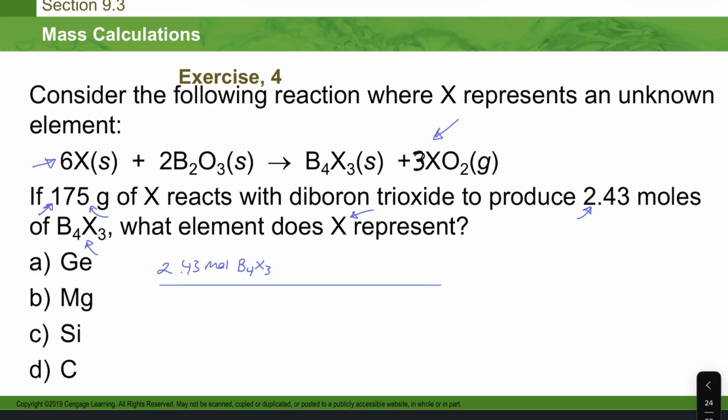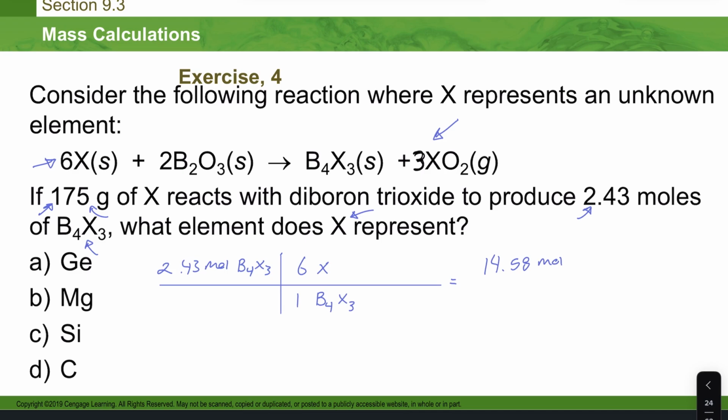Now, we don't need to know what the molar mass of B4X3 is because we are already in moles. But we do want to use the ratio. So for every 1 B4X3 that we have, we will convert that to 6 moles of X. Whatever our X is, we are now going to have the number of moles, and we can then divide 175 by the number of moles. That will give us 2.43 times 6 divided by 1, which gives us 14.58